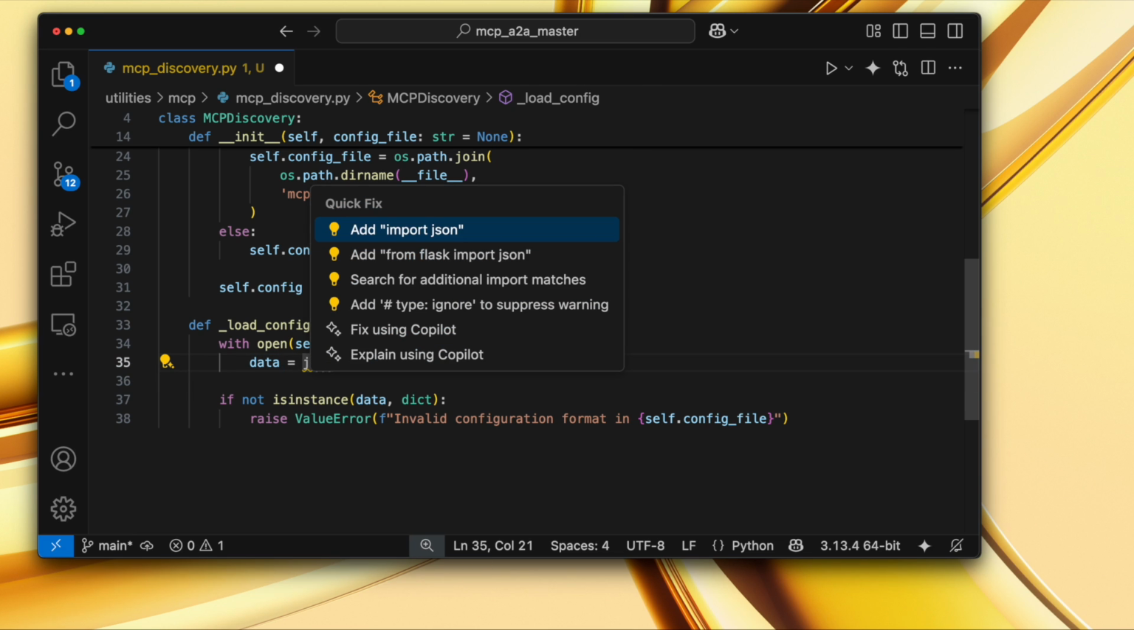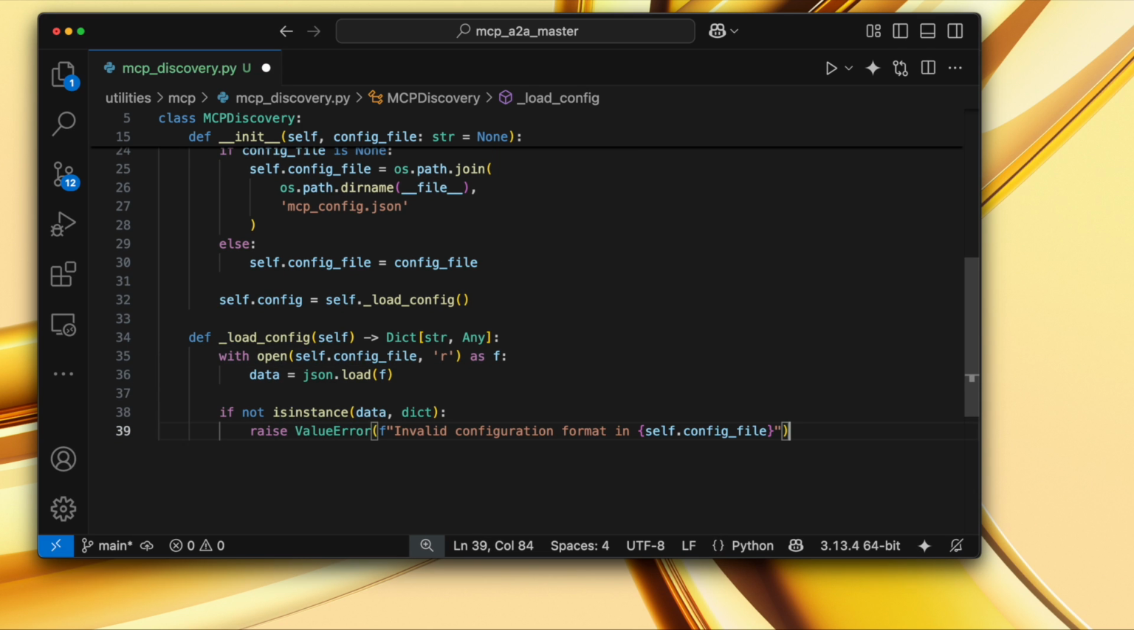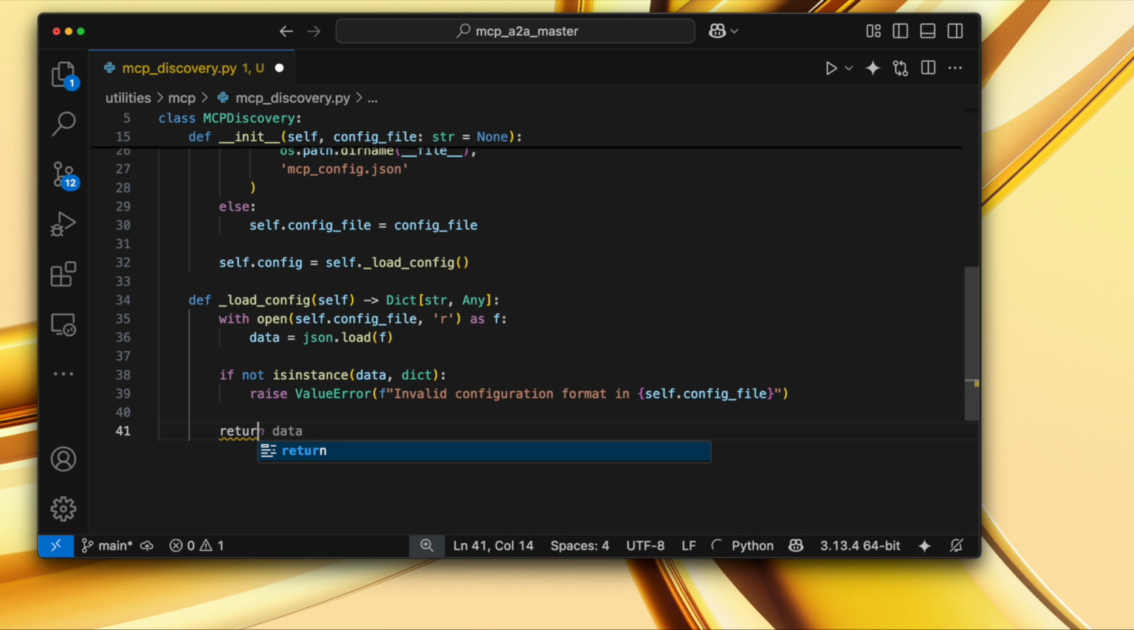So let's add import json on the top, and this is imported then. All right. And now we just simply return this data that we have loaded. So as simple as that, right? And this is just going to return this data to the